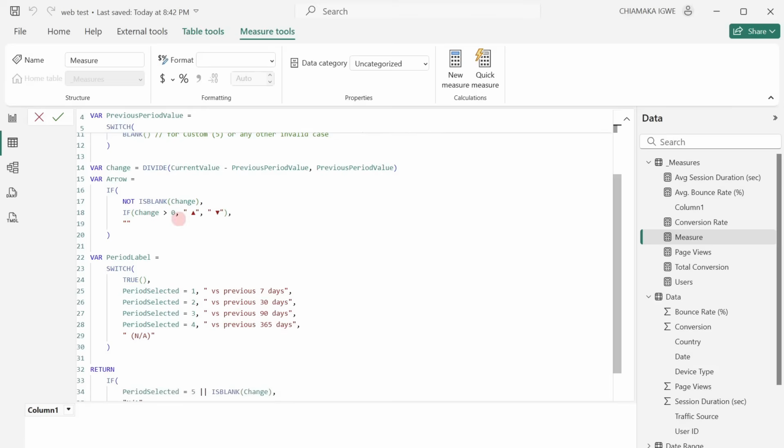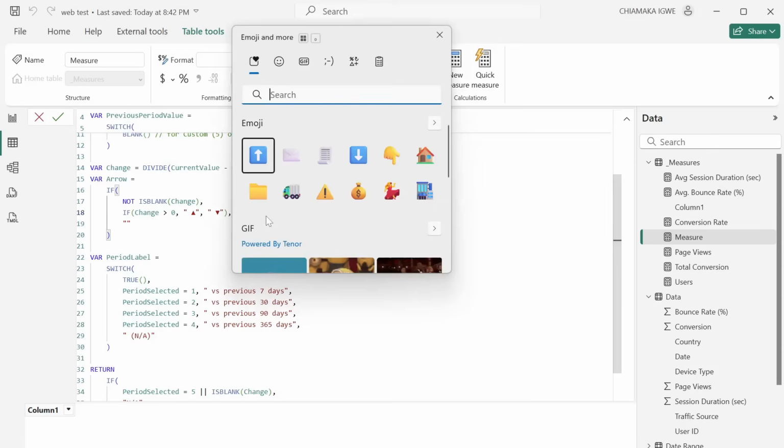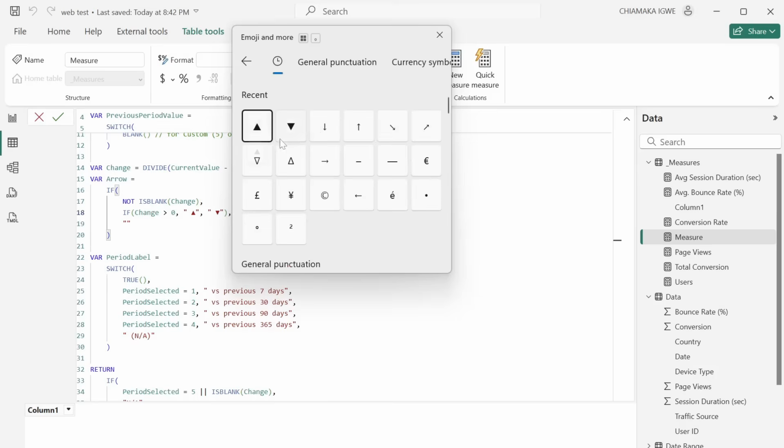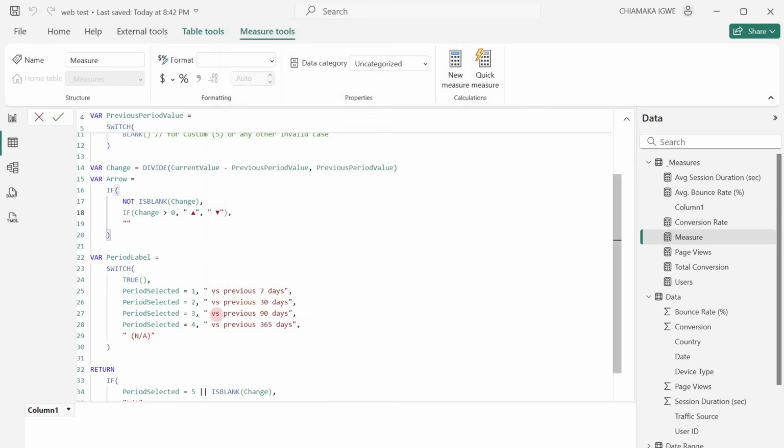Then here we have the arrow. If the change is not blank and the change is greater than 0, show me this wedge up. In order to enable this wedge up, just press Windows key and period, that's full stop, to enable this and to get the symbol wedge up or down as the case may be. Then